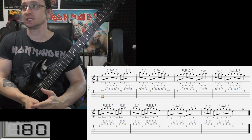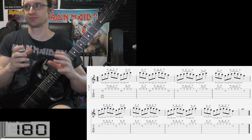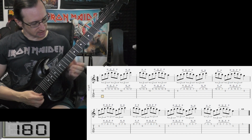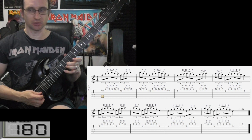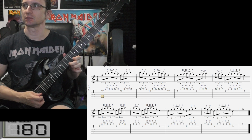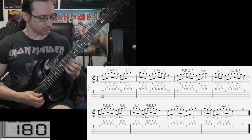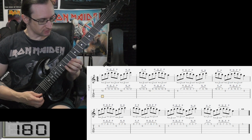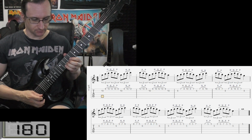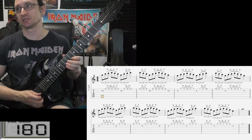So breaking this thing down, you can do a bar at a time. Two bars at a time is a really good idea because I feel like that's what the whole phrase is. And you could use your middle finger to start this. My hand and wrist prefer the ring finger, so I use a little bit different setup here. Basically you hit that note on the B string up to the E string right away, hammer-ons, pull-offs,